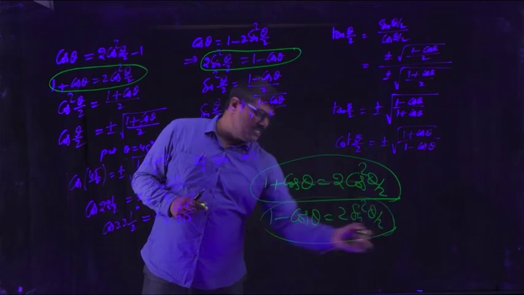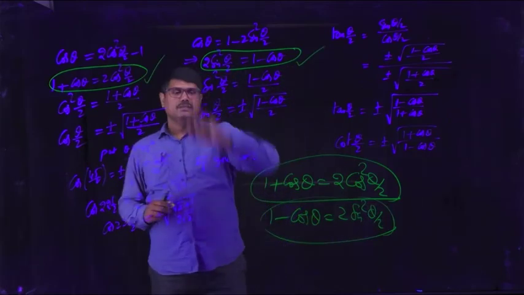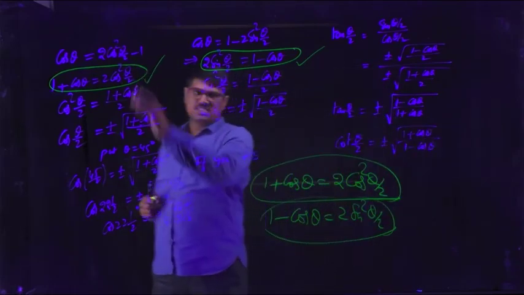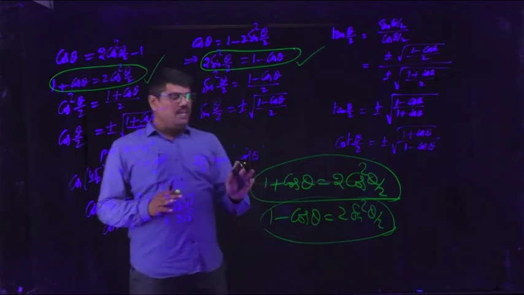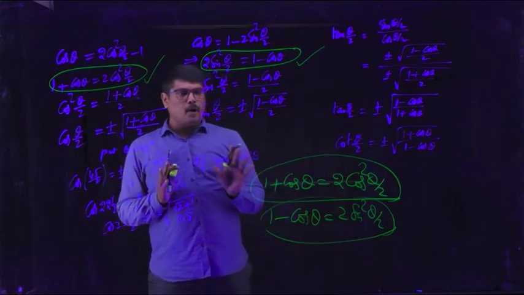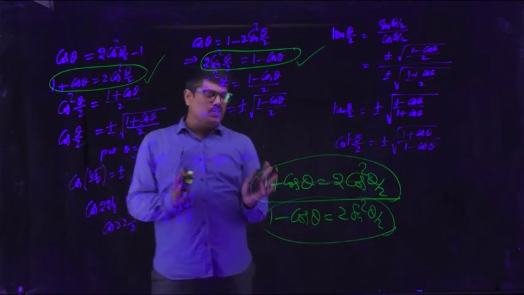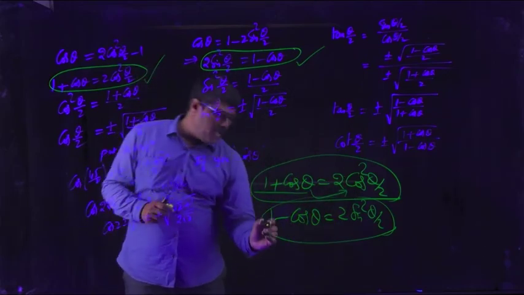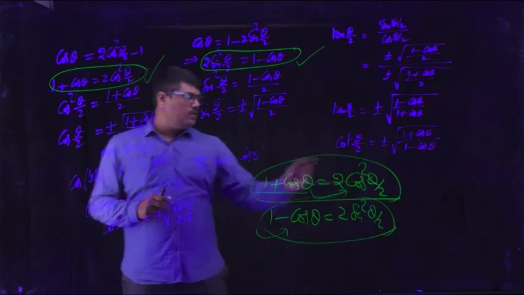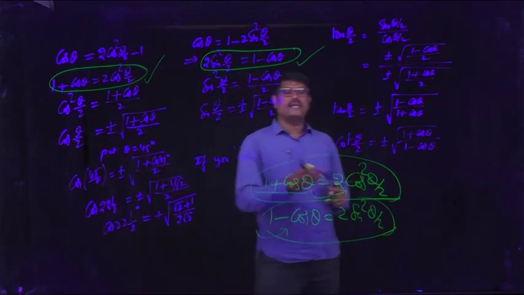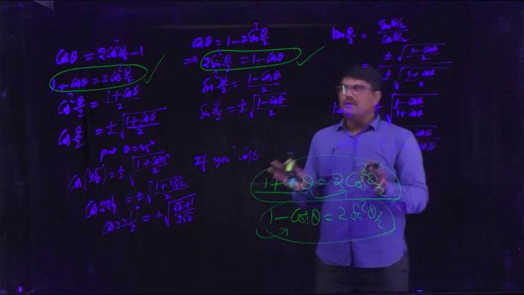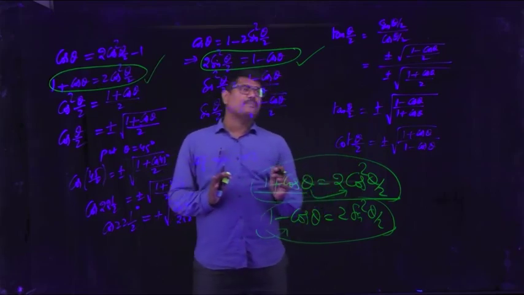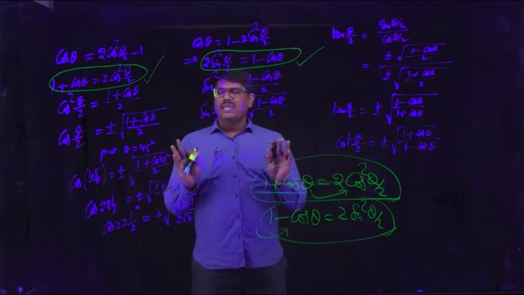So you can observe these two here. These are no more new formulas; we already considered them in this format. It is a very important format in solving problems. Whenever you have an expression like 1 plus cos theta, you can convert it into 2 cos square theta by 2. And if you have the expression 1 minus cos theta, you can change it into 2 sine square theta by 2. So these are the formulas related to submultiple angles and multiple angles. Both are here. Finally, you have to remember the formulas here.